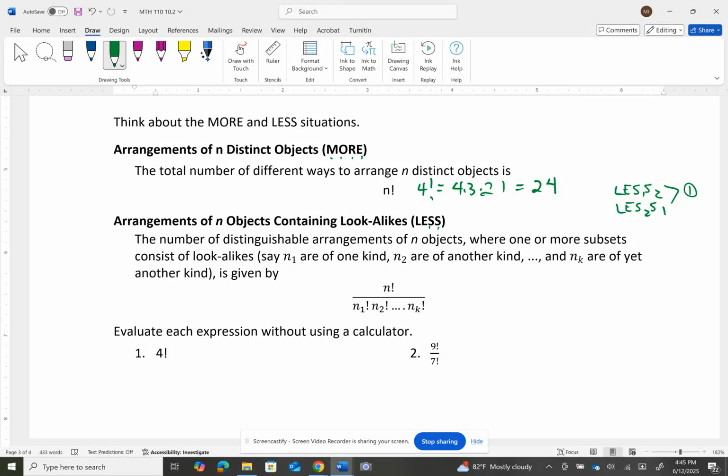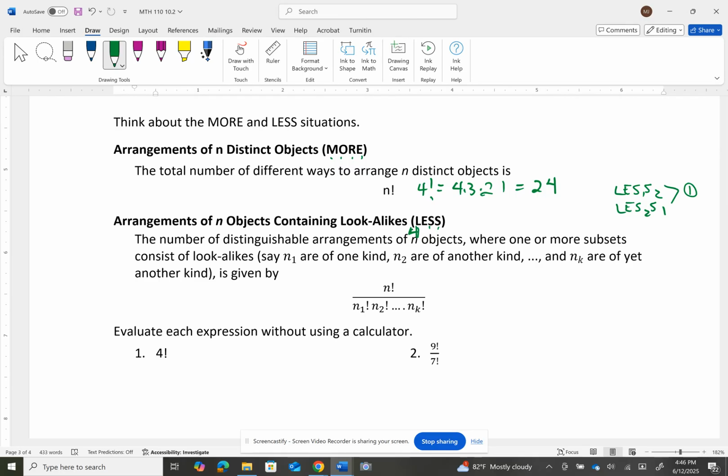All right, so if you have n objects, in this case it's still 4 objects, and you want to know how many distinct or distinguishable arrangements of those 4 objects you could make, but